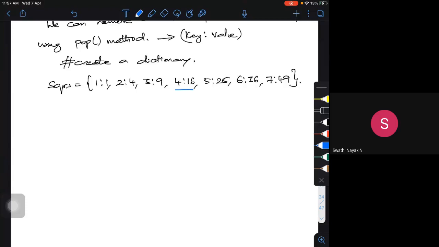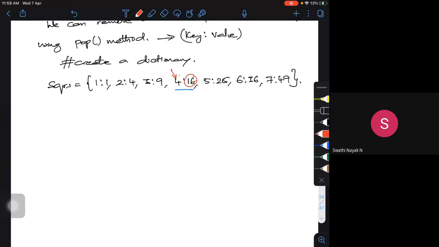If I want to remove only this key value pair, the one in blue color, the circled one, 16. If I want to remove that value, what is the key for that? It is the 4. So 4 is the key for removing the 16.